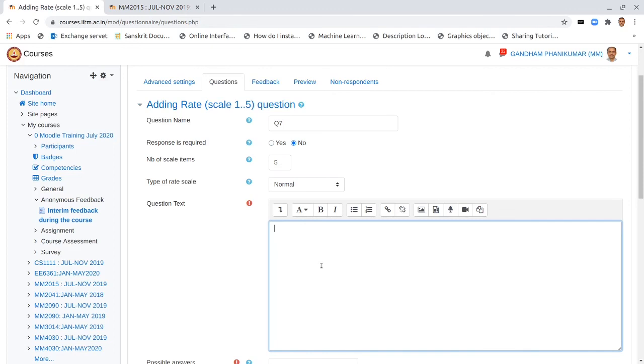So we can say, rate your preference for the following aspects of the course with the convention of 1 for strongly disagree and let us say 3 for neutral and 5 for strongly agree. So they understand that 2 would be just disagree and 4 would be just agree.